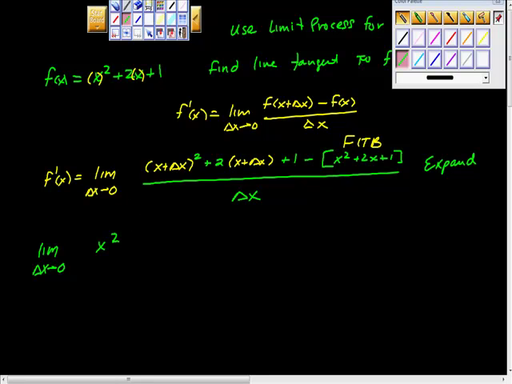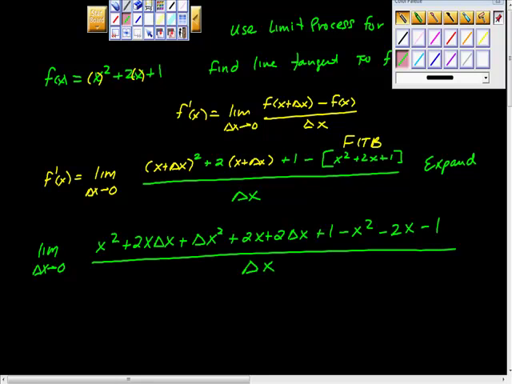Good, it's x squared plus 2x change of x plus change of x squared, plus 2 changes of x plus 1 minus x squared minus 2x minus 1,